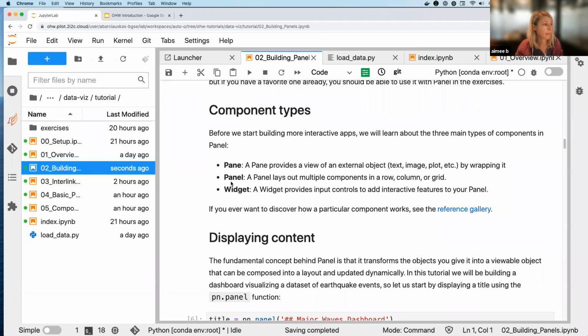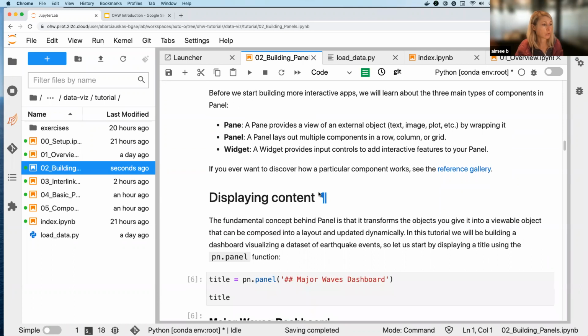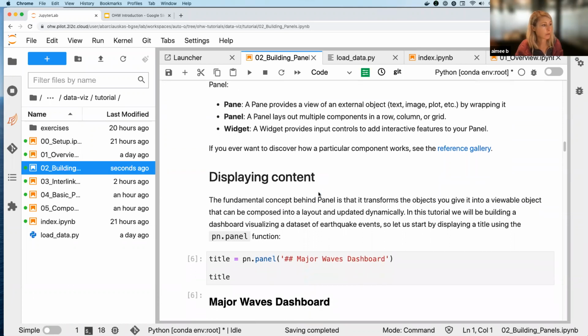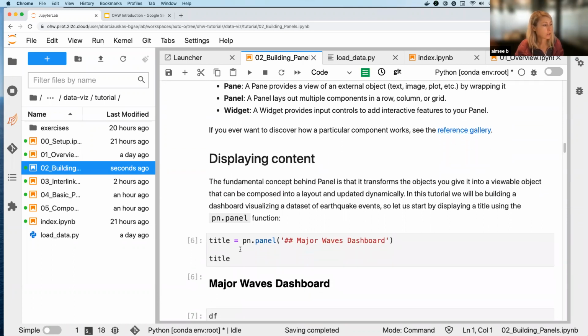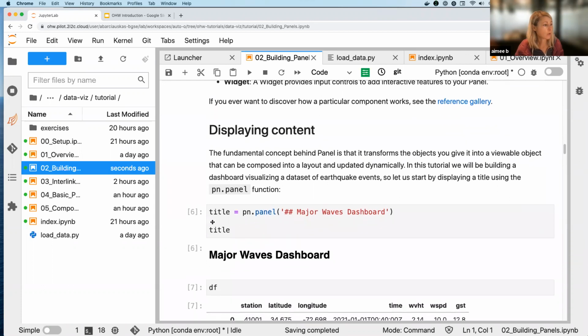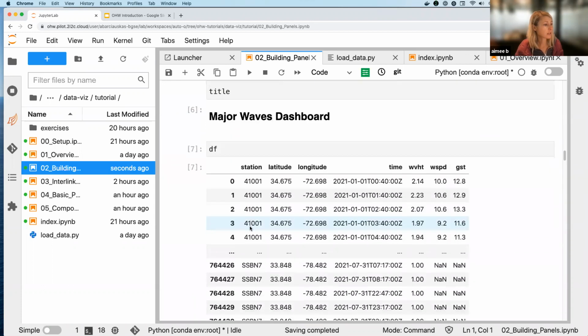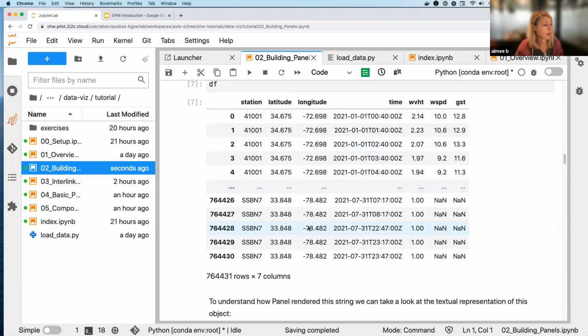by wrapping it. A panel lays out multiple components in a row, column, or grid, and a widget provides input controls to add interactive features to your panel. And then there's a link to the reference gallery. So we can use text, we can have our data frame, and then